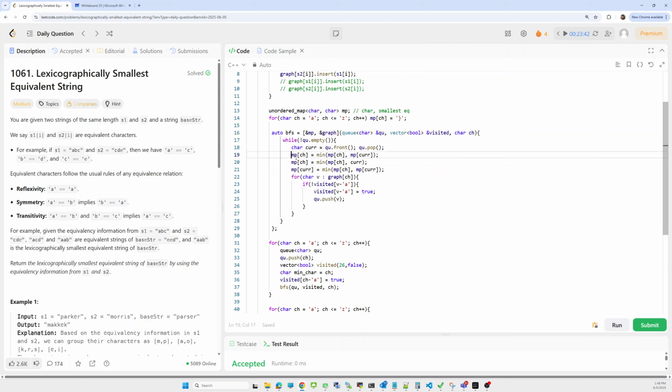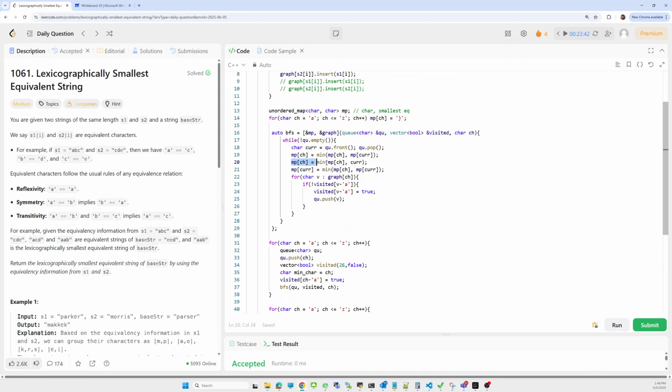So we have to update the minimum value, whatever the minimum for the current one is. Either we can get it from the minimum value of the character, or from the minimum of the current character. Suppose the current character is already traversed, so that's why we'll fetch this value. Now suppose this current character is not traversed, but the current character is still less than.